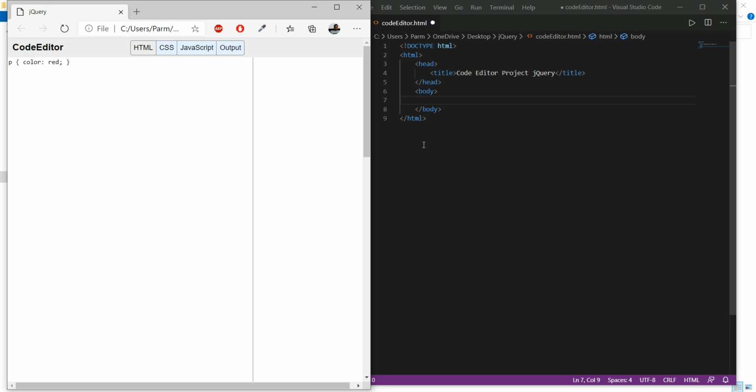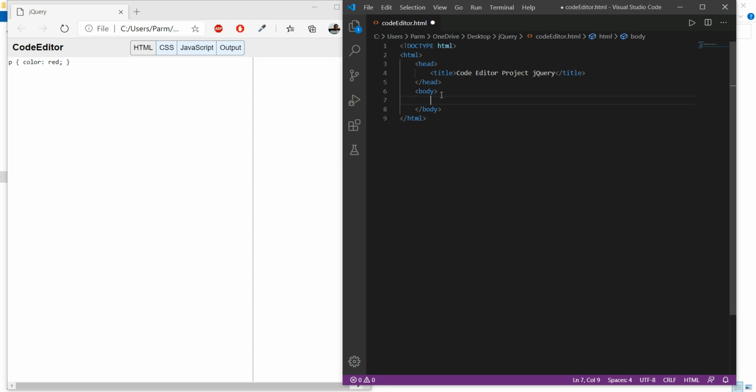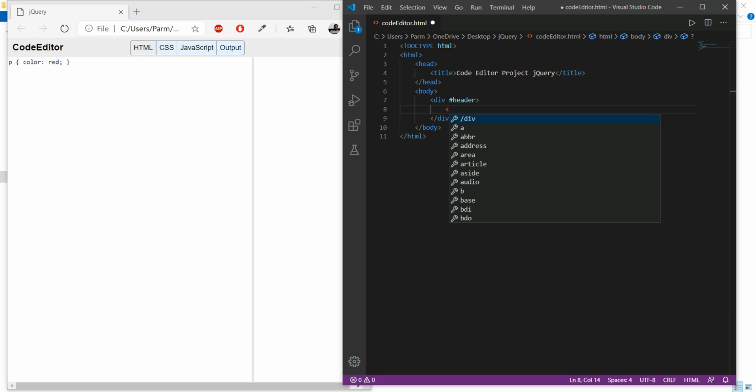In this regard, first we go to body, then here we have to write a div, and to this div I will give the id header. Within this div I will have to take two parts. I'm taking one as a simple logo, and the other as four toggle buttons.